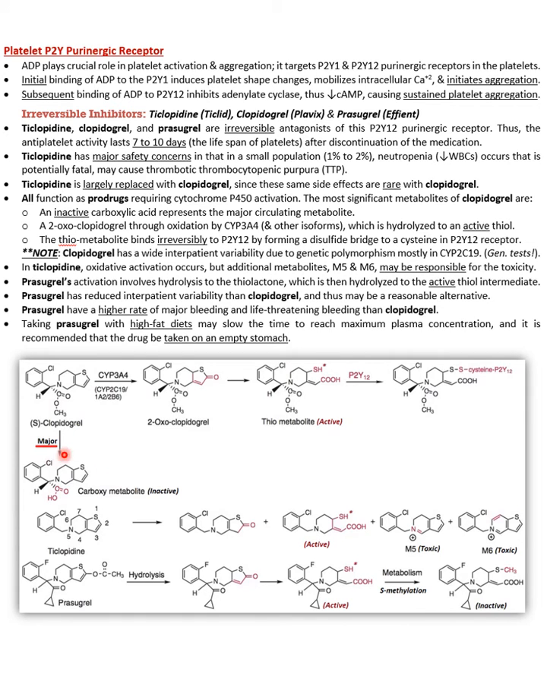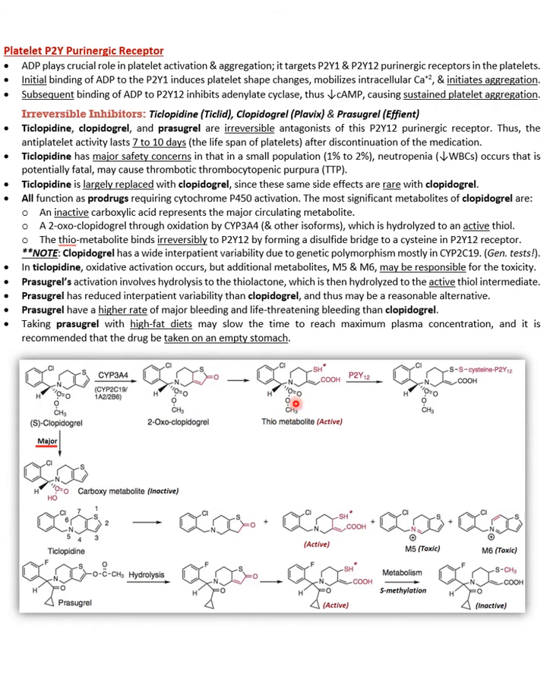Okay, so there's a major metabolite for clopidogrel, which is the carboxy metabolite, which is inactive. But then there is minor metabolism through CYP3A4 and other isoforms, which are CYP2C19, 1A2, and 2B6, to produce this metabolite, which is the oxoclopidogrel. So basically, the addition of a ketone group here, forming the oxoclopidogrel, which is then converted into